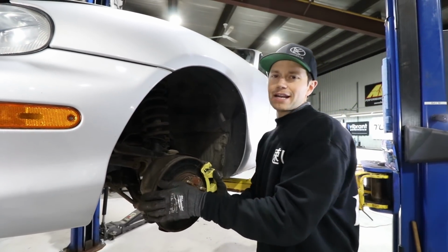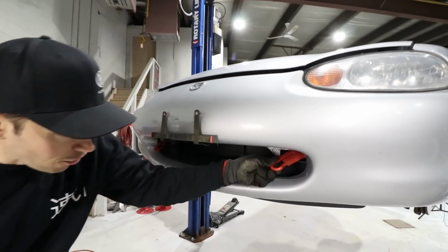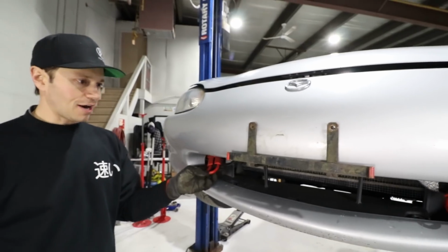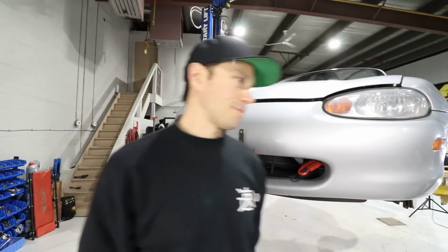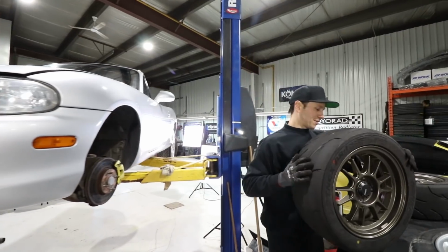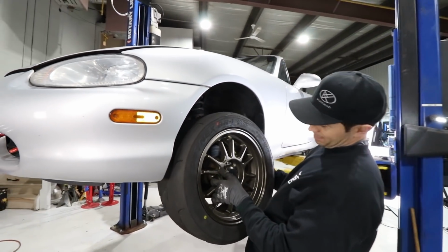But speaking of red, we should mention up front here, the tow hooks were also painted red. So racy. Yep, adding a little bit of sports car action there. Even the tips of the license plate frames are red. This is just puzzling. Like, that's next level. Someone's gone next level. But anyways, let's grab our Koenig Hypergrams here